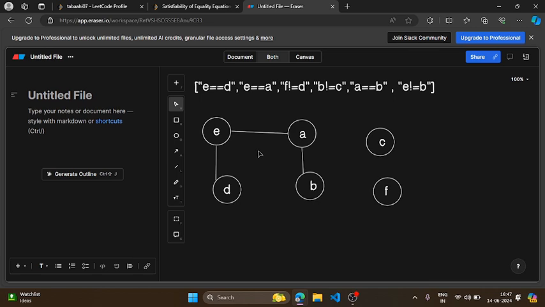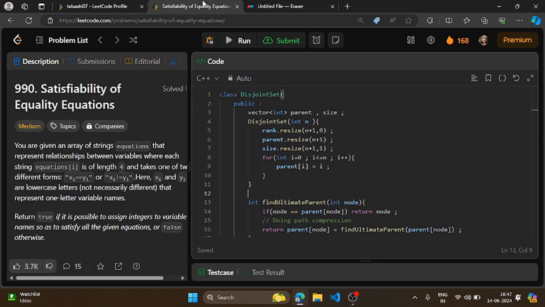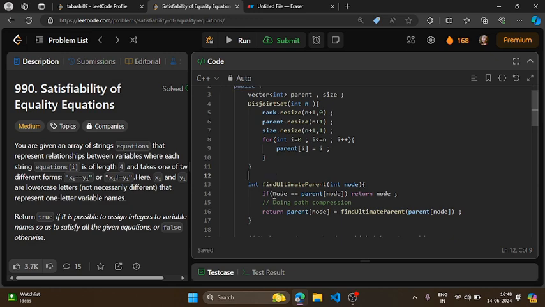So in this way, if any two nodes have the same parent, then we can simply say both these nodes belong to the same component. And once I find out both nodes belong to the same component, then I can say it is possible for me to go from node number 1 to node number 2, right? So that's why I'm using the union find algorithm, where I will be able to find if it is possible for me to reach from node 1 to node 2 in just constant time or something.